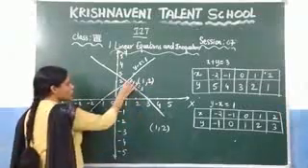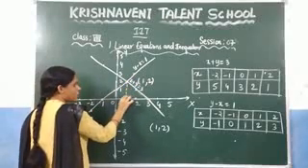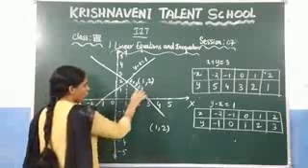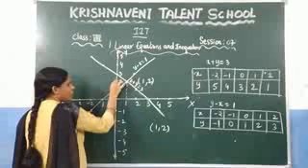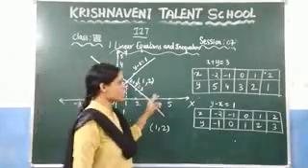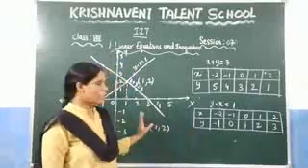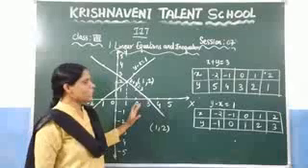So here, what is this point? If you put a dot here, it will intersect at point 1. So here the value of x is 1. And again if you draw the dot here, you can observe that it will be the point 2. So 1 comma 2 is the solution of this equation. This is nothing but the graphical method to solve the linear equation.